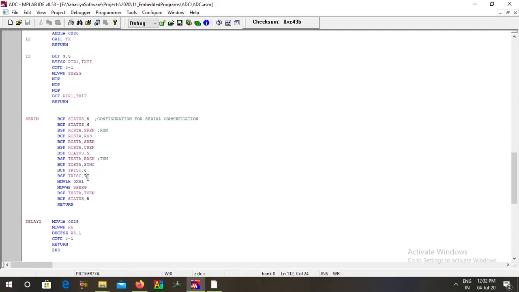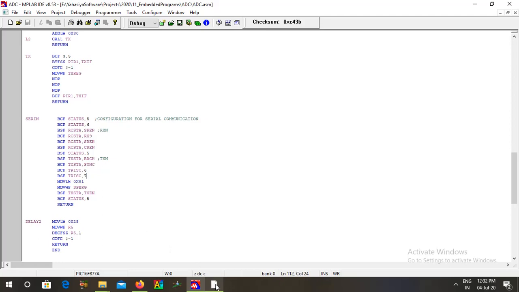Why are we not moving something else? We need a baud rate of 9600. In order to get 9600 as baud rate, we have to feed 81 to SPBRG. How? There is a calculation.